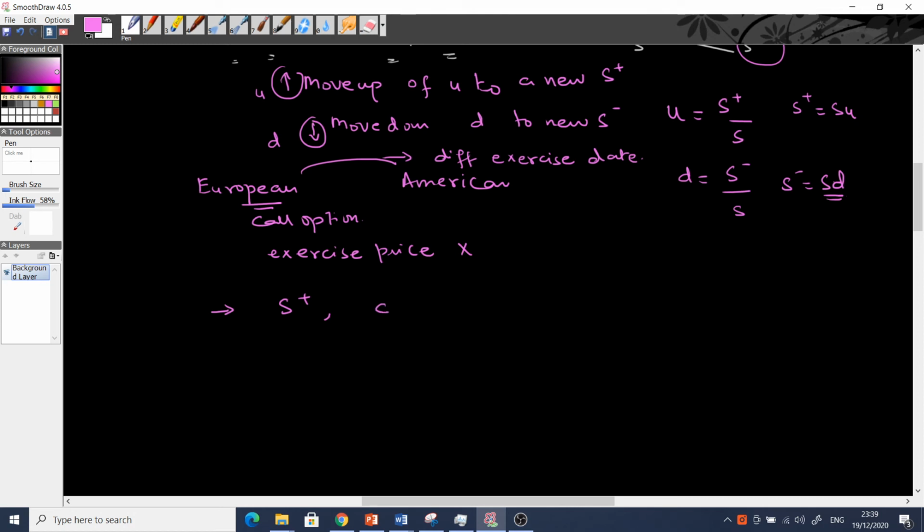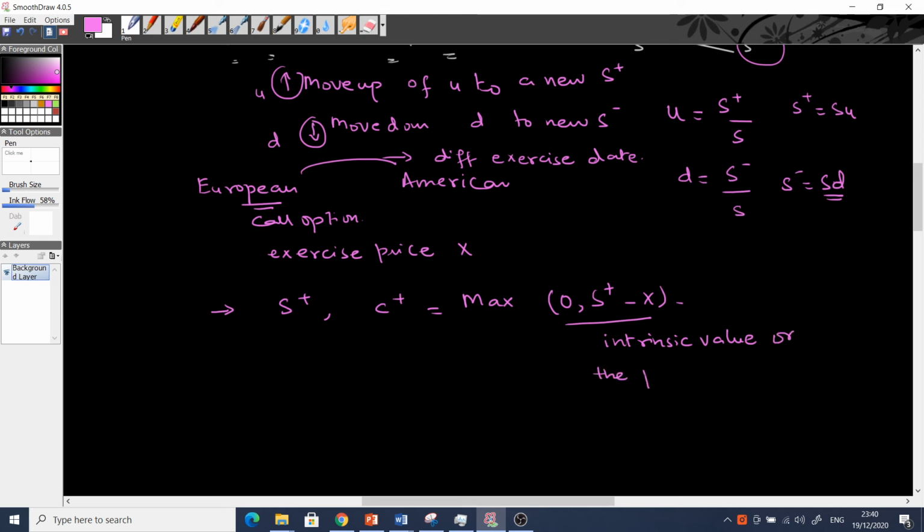The value of the call option, that is c plus, would be equal to, and this is the equation which you have to be mindful of, max of 0, s plus minus x. So this represents what? This represents the intrinsic value